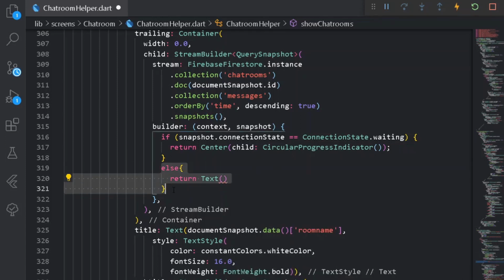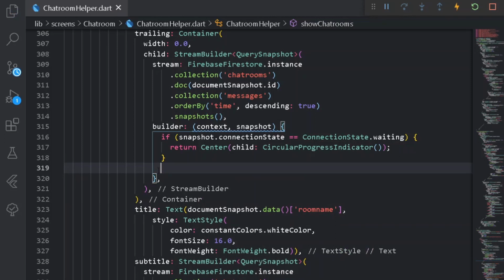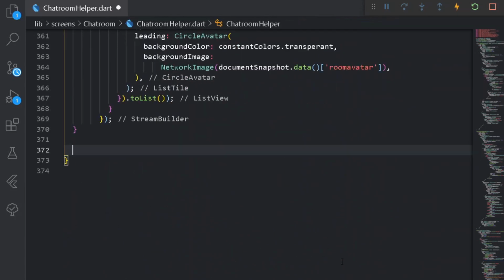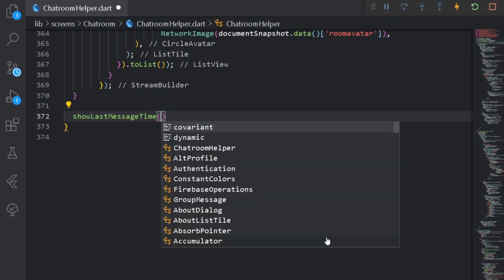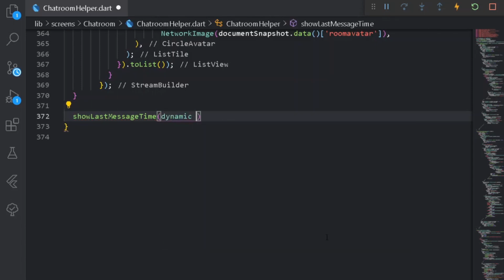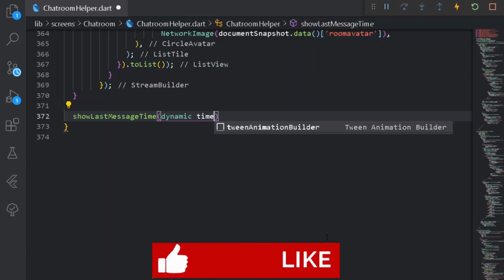For that, let's construct a new method for showing the last message time. For that purpose we can simply come down. Here I can say showLastMessageTime, and it will take nothing but a dynamic variable of timeData.